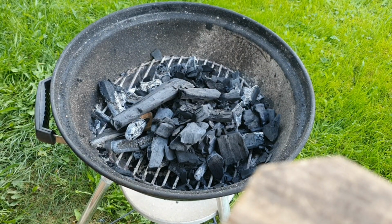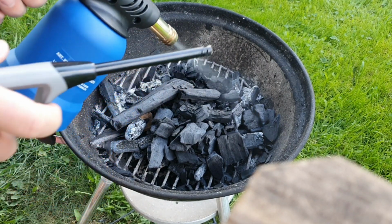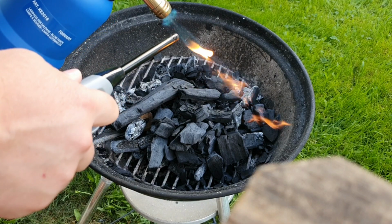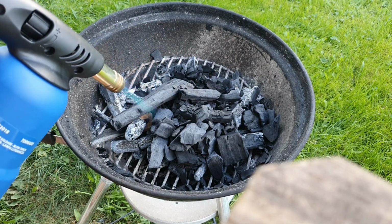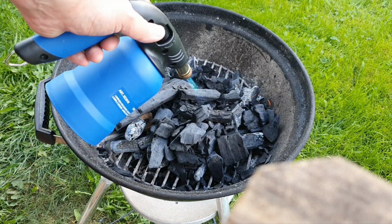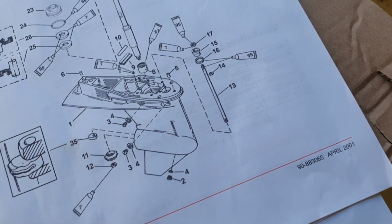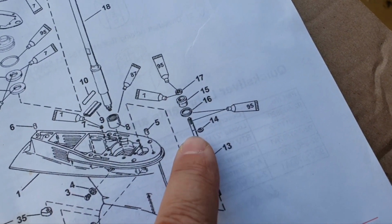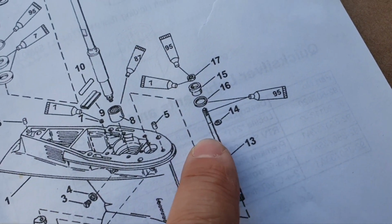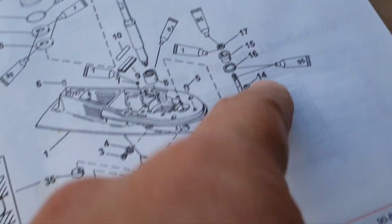Oh, let's finally burn it and finish our part research. That's by the way the lamp I am going to use also in gearhousing repairing. Okay, the shift shaft. And that's easy. We have the shift shaft itself. Well, I don't even cover this. 14 we have